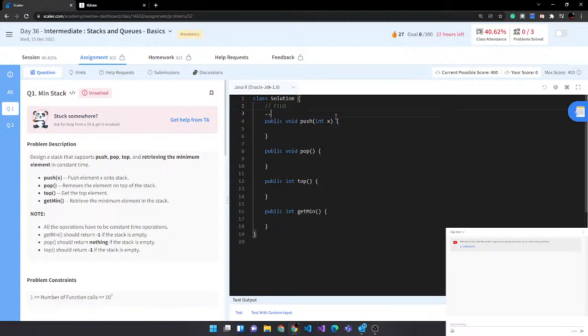And I should have taken this class. I actually missed this class, to be honest. I was not there for the full time. So how do you do first in, last out? So you need to first declare a node, okay? That's gonna be pretty much